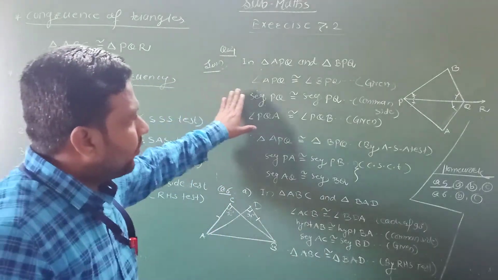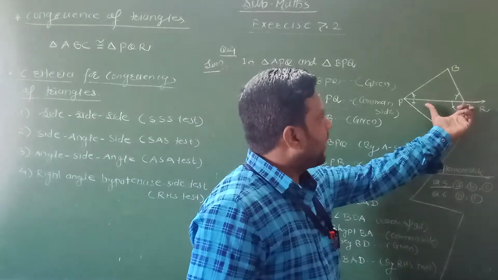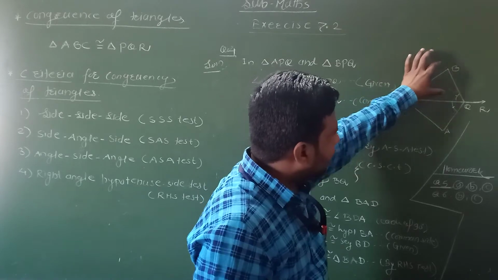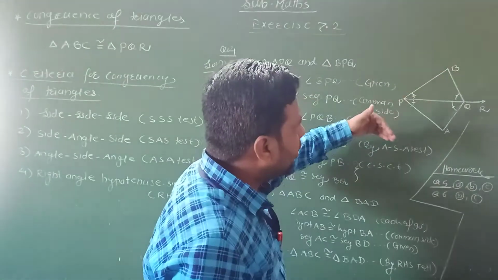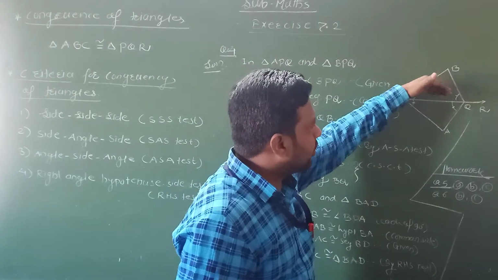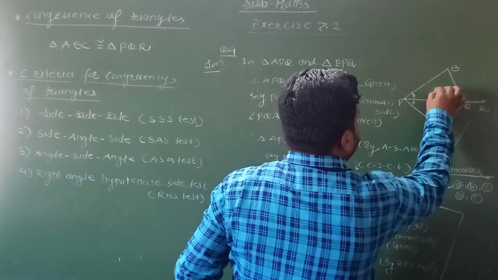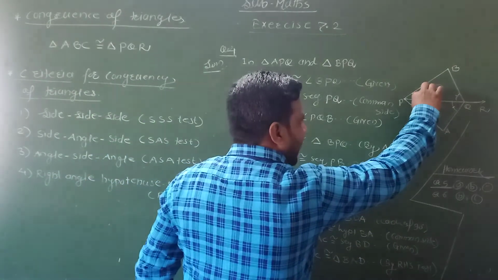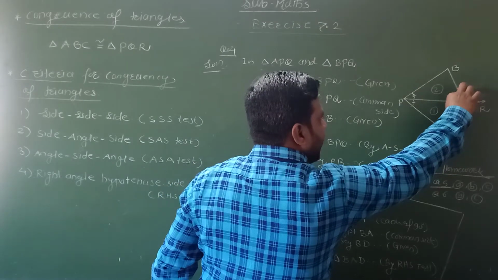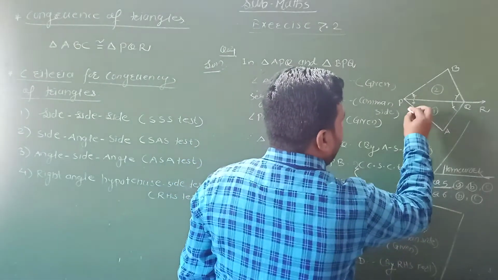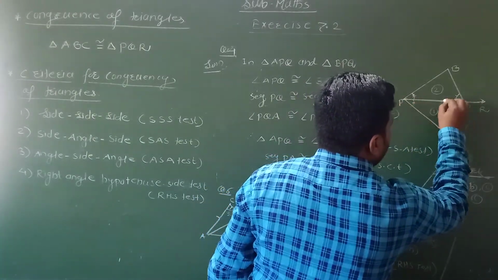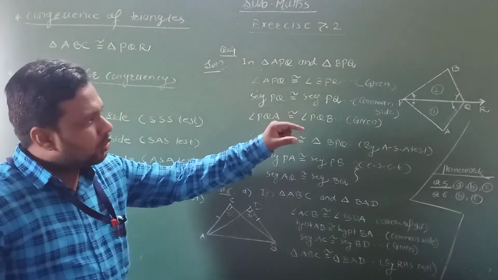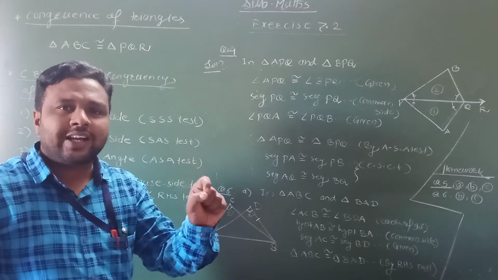Now see, this is the figure given, in which ray PQ bisects angle P and angle Q. Therefore, these two angles are given equal. This angle and this angle, this angle and this angle. So here we have to find the equal parts in these two triangles. Consider this the first triangle and this the second triangle. From this figure we understand one pair of angles is congruent here, and the second pair of congruent angles is here. The third congruent part in this figure is the side PQ, which is the common side in both the triangles.